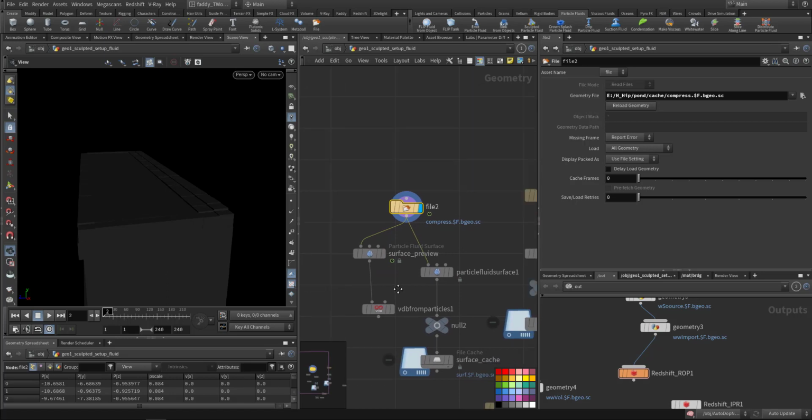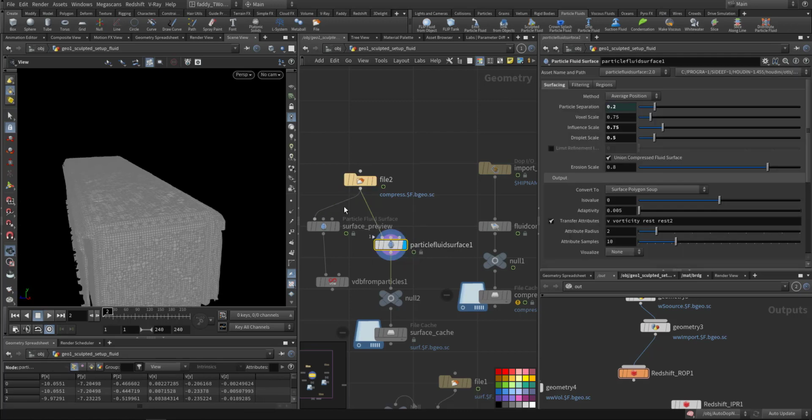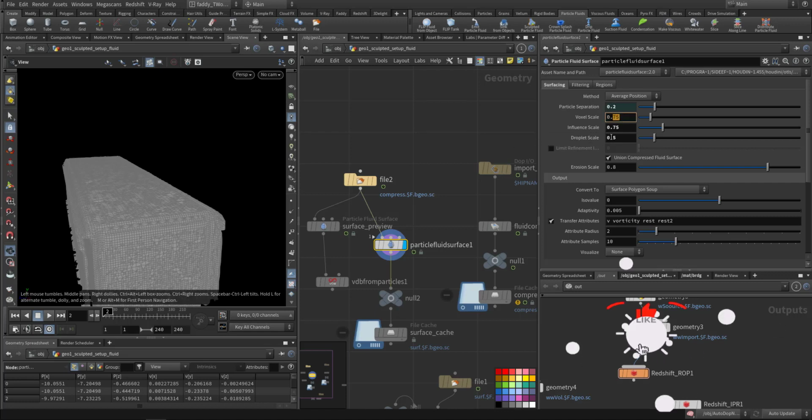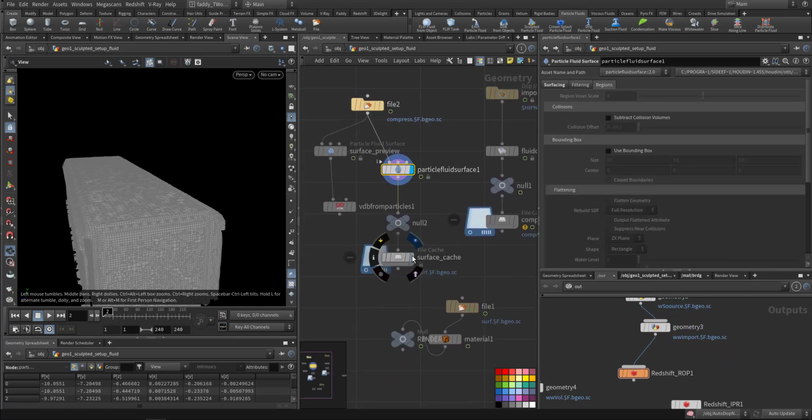Then what I did, I give it a surface. The surface I used the shift. You can use VDB also. I was trying to use VDB, but this one is cool. You have too many arguments to play with and attributes to change. So the surfacing part separation, keep it 0.2 because I don't want very much detail. Voxel size I went down to 75, and the influence scale 75, and the droplet scale is 0.5. No filtering, no region, and then I cache it